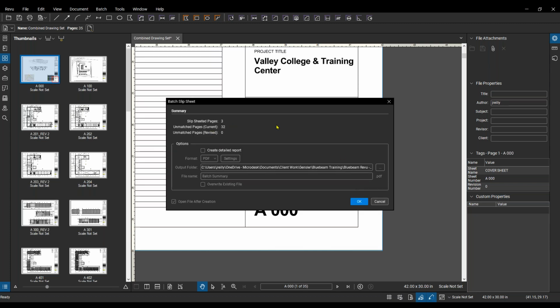And then we have the option to create a detailed report. So I'm going to go ahead and choose that just so we can see what it looks like here. We can choose a PDF or a CSV, and what we want to call the file. I'm going to open it up after, and this just gives a good summary, especially if you're doing this. You're maintaining one